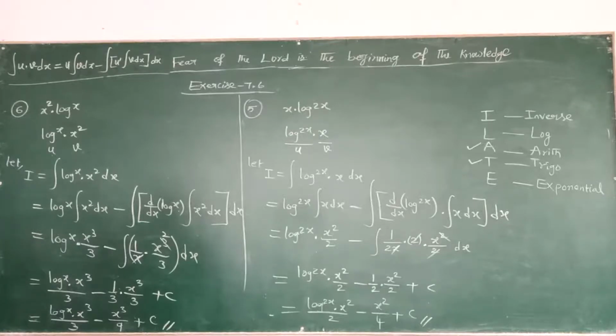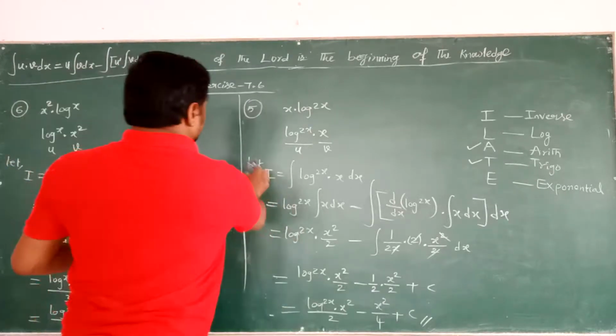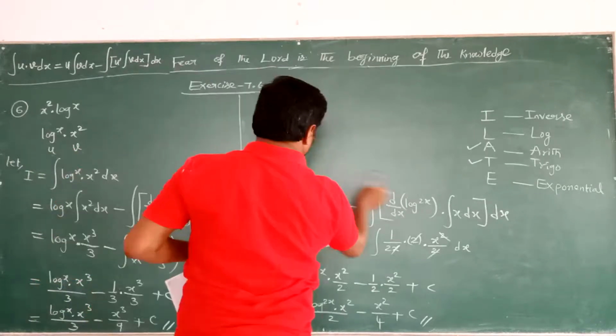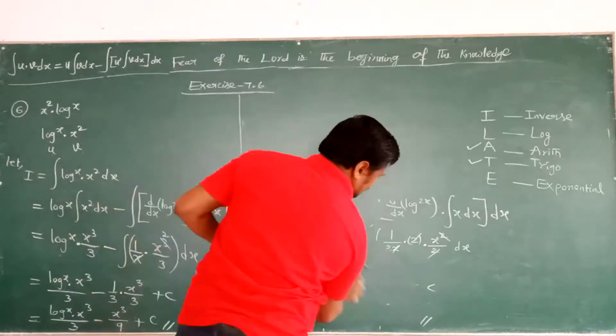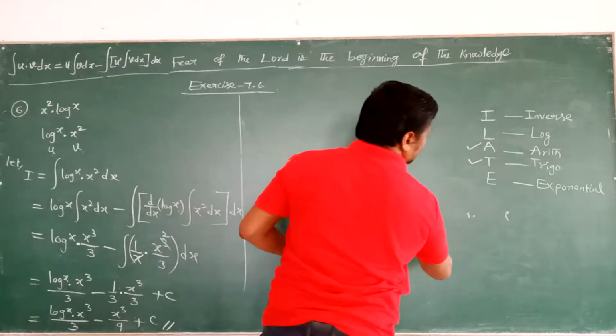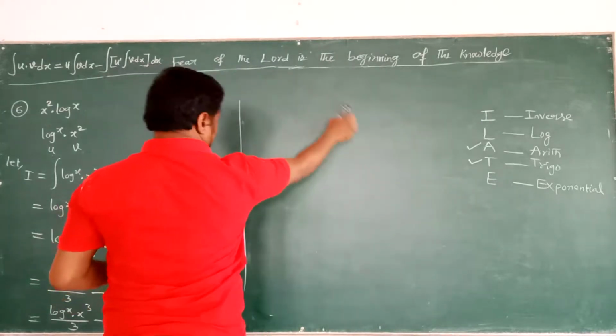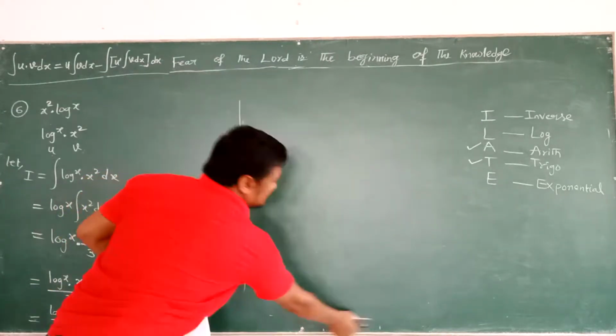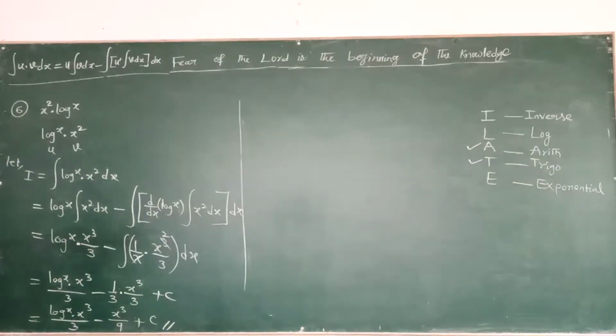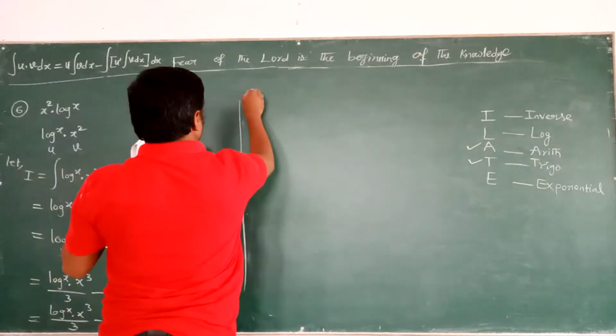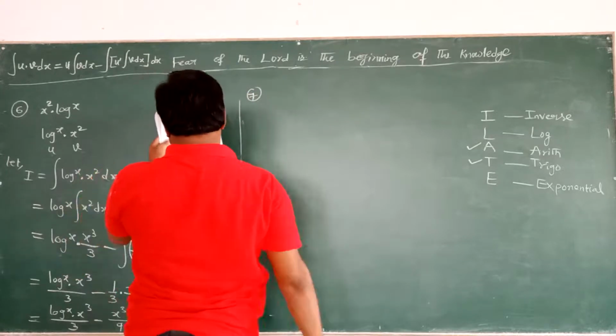So next problem we need to check now. Next problem in this is your problem number 7. Let us go for that problem number 7 now. So here I'll rub this part, exercise number 7.6 also. And here I'm going to write problem number 7. So now it's problem number 7. What is given here is